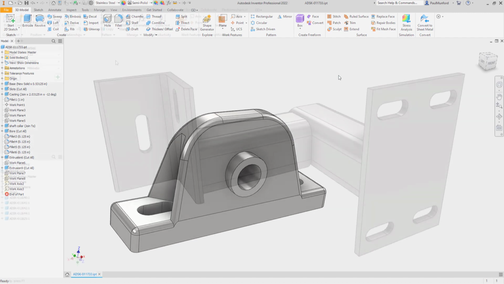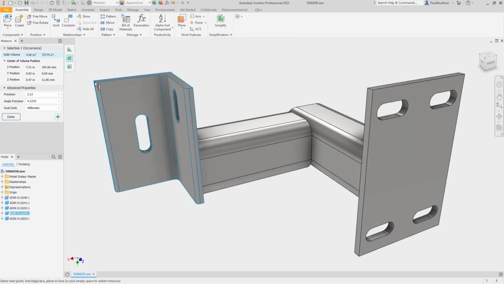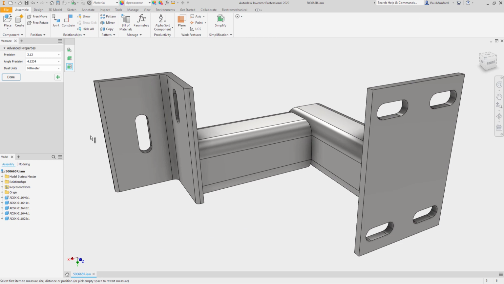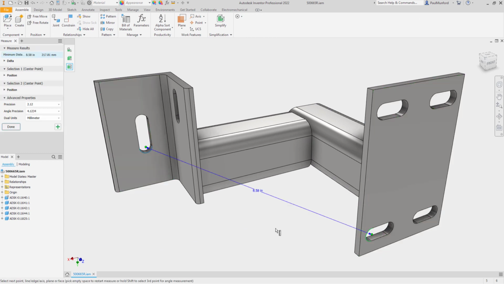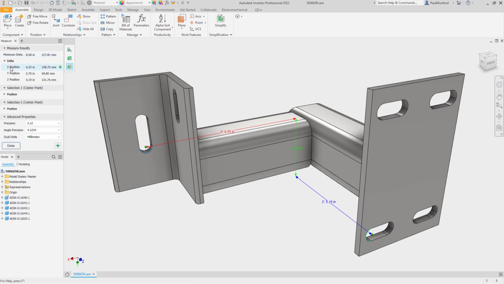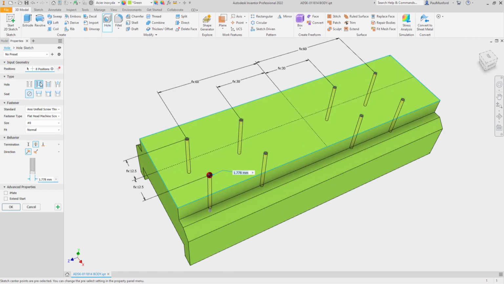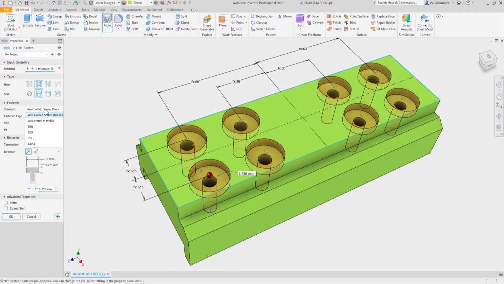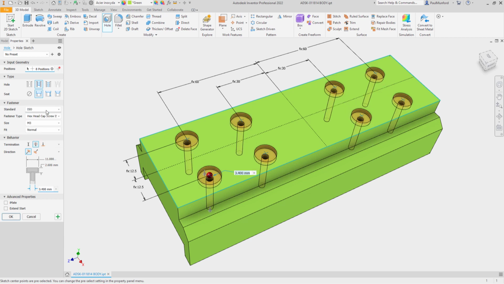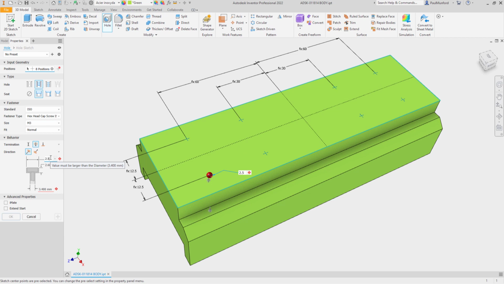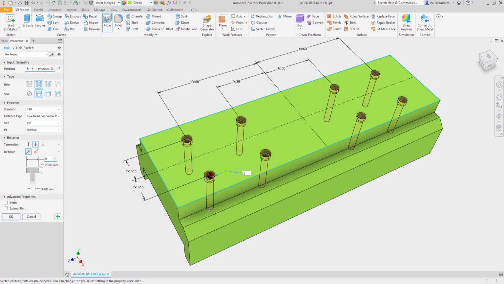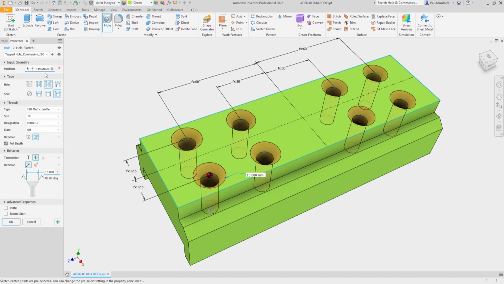The measure command has been updated inside of the property panel and now includes a done and restart button for quicker access. The measure tool inside of an assembly also has a new tool palette for quicker filtering and loop modifier access. Property panel navigation has been improved with multiple keyboard shortcuts, eliminating the need to pick and click through property panels. Text color now lets you know if your values are invalid with a red text color. Property panels now include warning notifications and the ability to define presets.